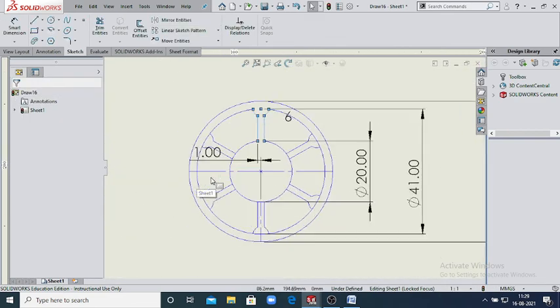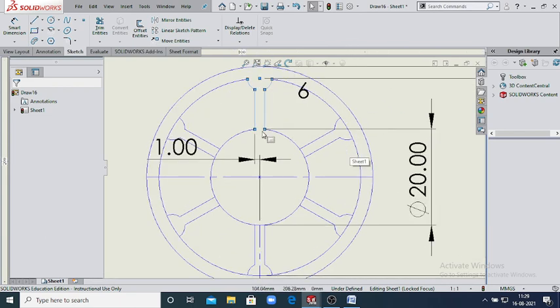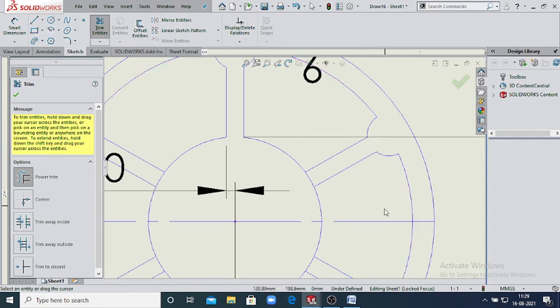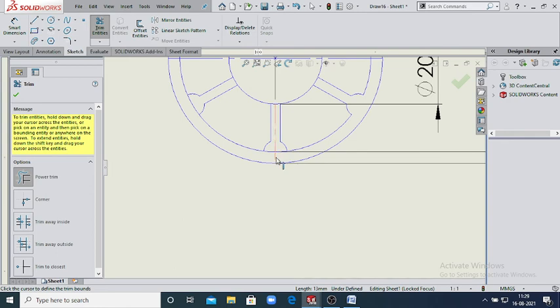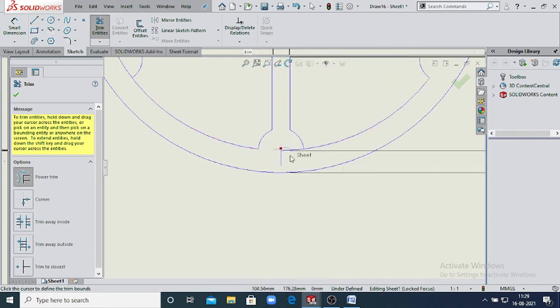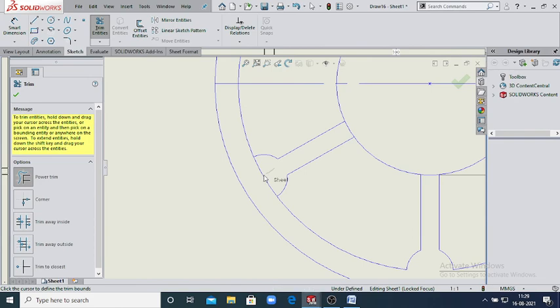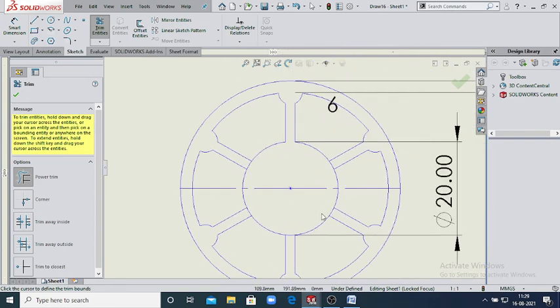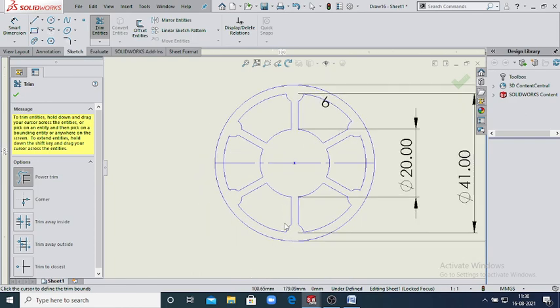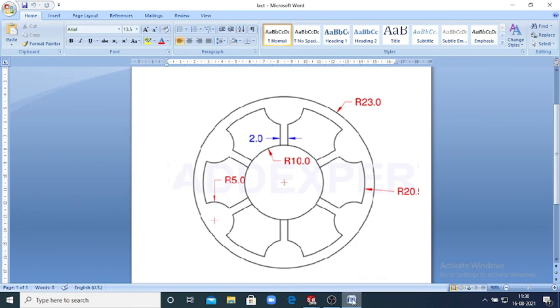Now this is complete like this. Now delete some extra lines like this, okay. So this complete design drawing is complete right now according to your design.